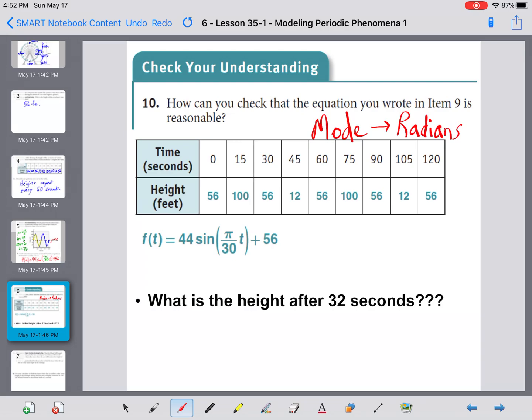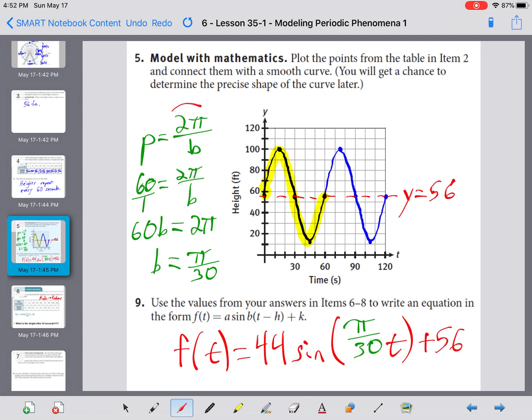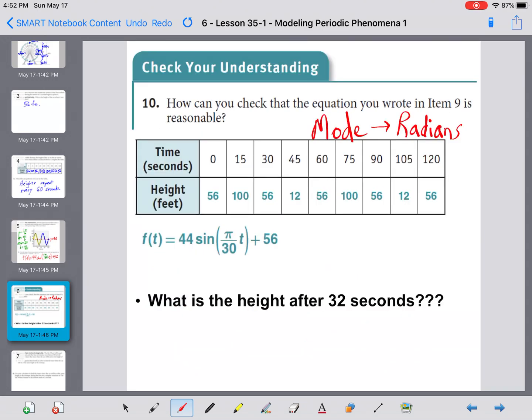So I think it's 3 lines down. You'll see options to be in degrees or radians. Because back here in our equation we used 2 pi, we have to be in radian mode. Okay, so highlight radians, hit enter, and then if you exit out of that, you're good to go. So this function is asking for a time input, and it will spit out the height. So one way we can check that this equation is correct is to plug in a t value we know the height to. So for example, if I plug in 15 seconds,